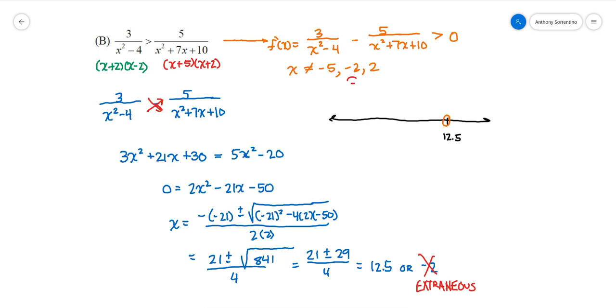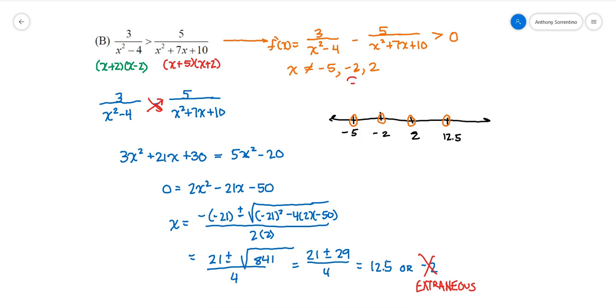I also have to include the -5, the -2, and the 2, because they're domain restrictions, and I can have that jump from positive to negative amongst them as well. And each one of those is going to be an open circle because I can't equal these things. I can only jump around them, but they're all domain restrictions. So now I have 1, 2, 3, 4, 5 subintervals on my number line,